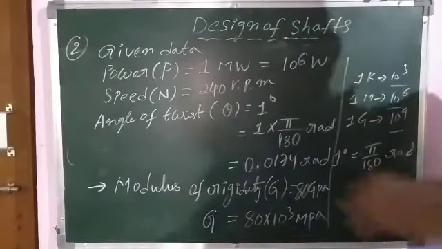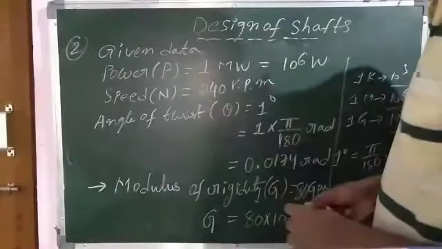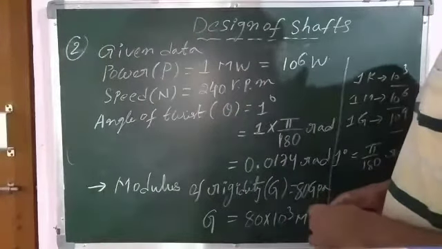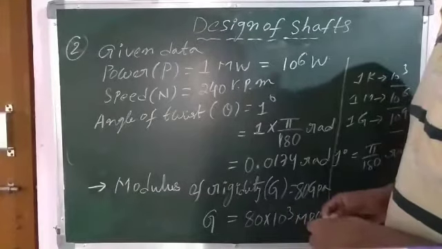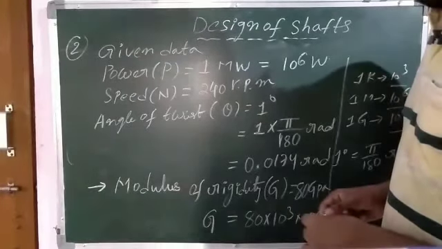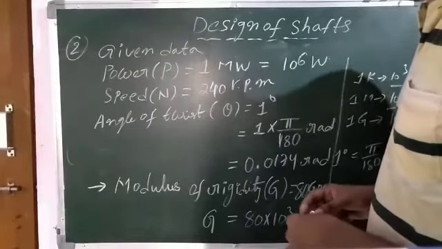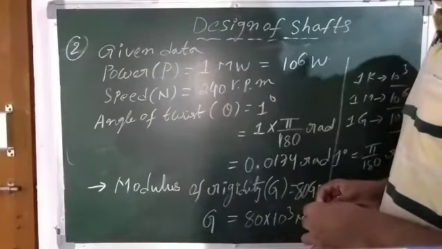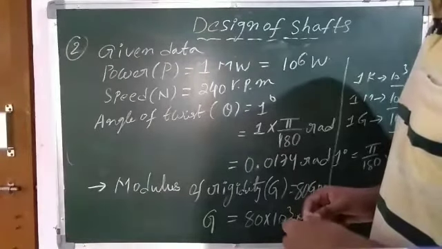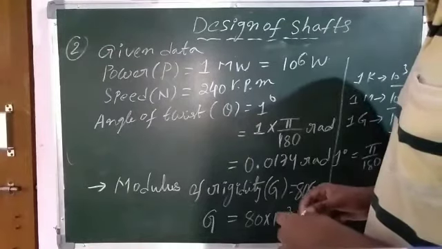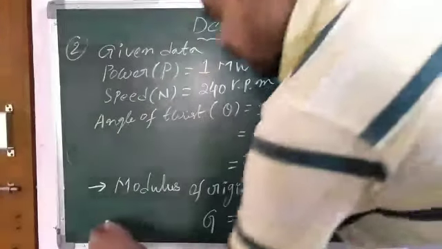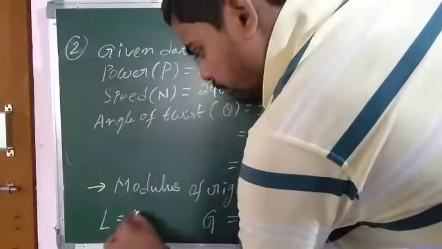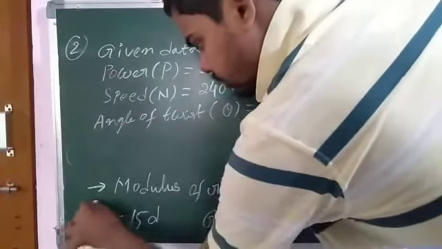First of all, note down what the given data is. We still have some other data, like length of 15 diameters. Here in the second line you can see that the shaft must not twist more than 1 degree on a length of 15 diameters. So the length of the shaft is equal to 15 times the diameter. So there is a relation.